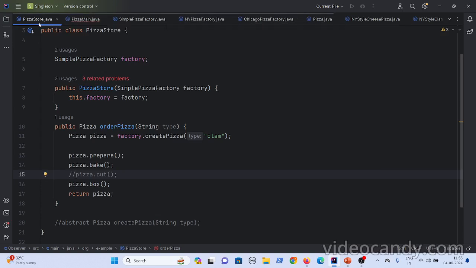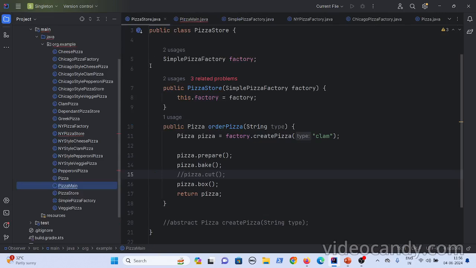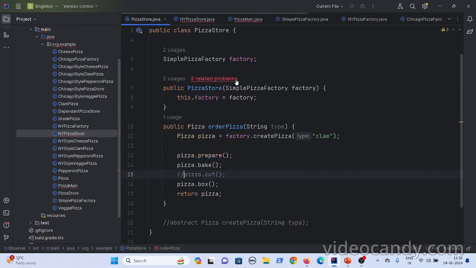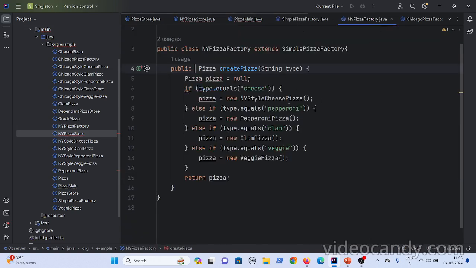What I can do is, you have this pizza store, let's put it as a default pizza store, but I'll create my New York style pizza store, which extends my pizza store. Anyway, I'm creating a separate store class for my region, so I don't need these simple factories which you created before.